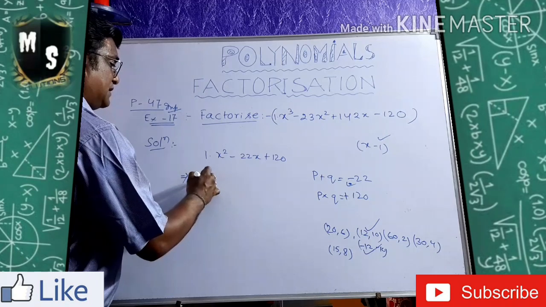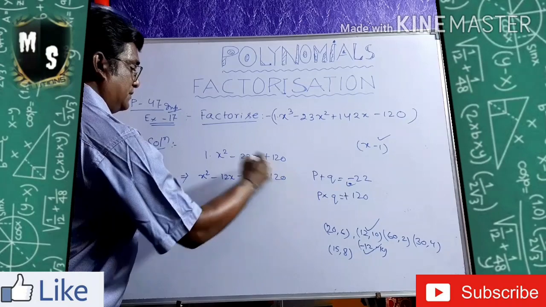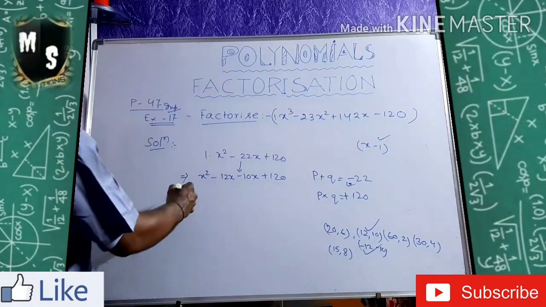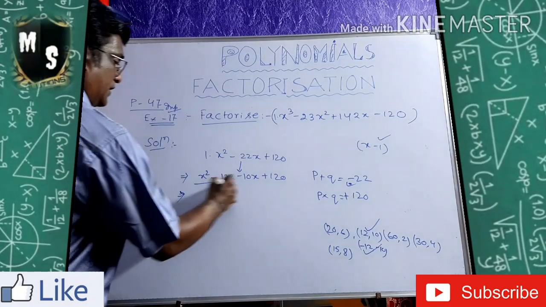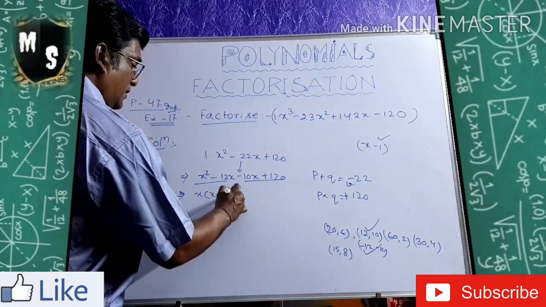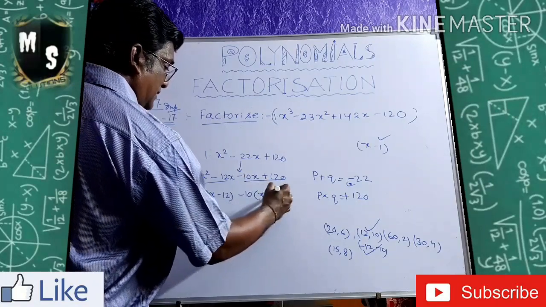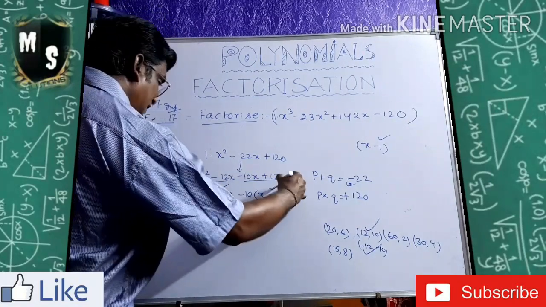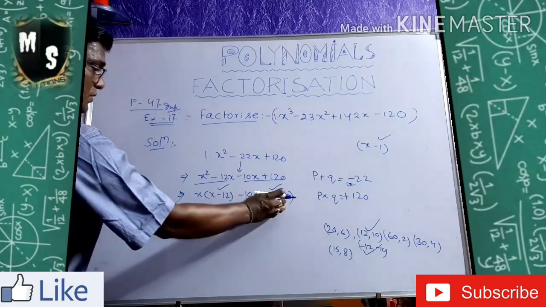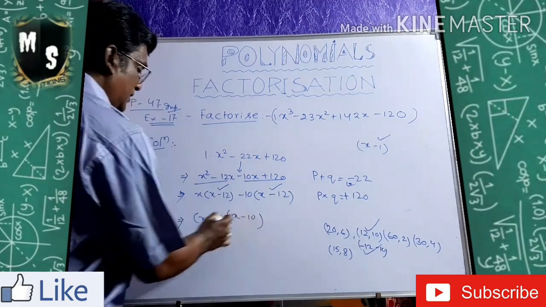Now split it. X square minus 12x minus 10x plus 120. Now you see this is already split into 2. Now it is 4 terms came. Take common from that. X common. Now it is x minus 12 and minus 10. Take minus 10 as common. Then it is x minus 12. See now what is coming here. That is same thing is coming here. Now it is x minus 12 will be taken out. Then what is remaining? X minus 10. See now, it's split into another two factors.